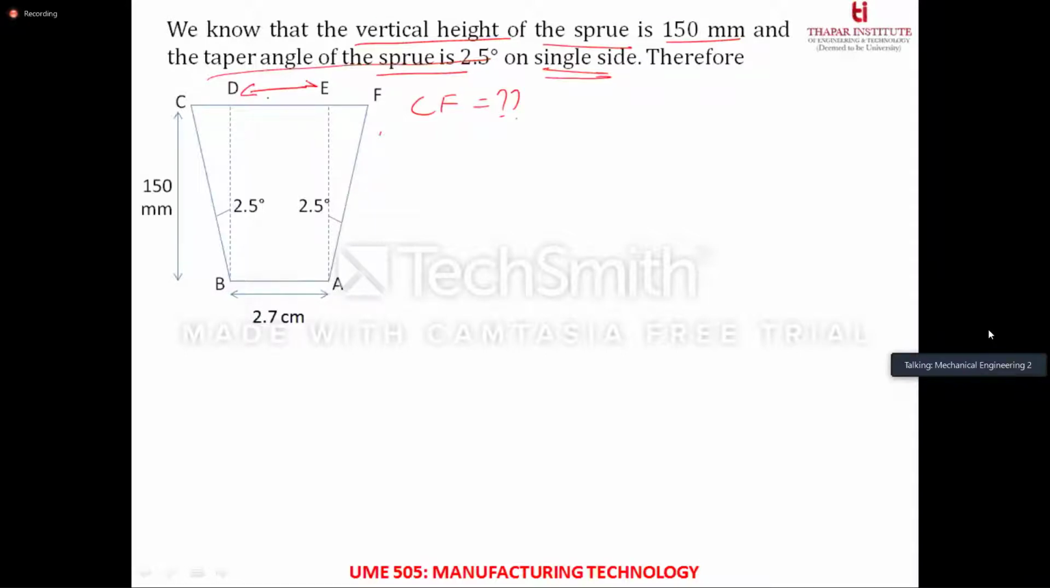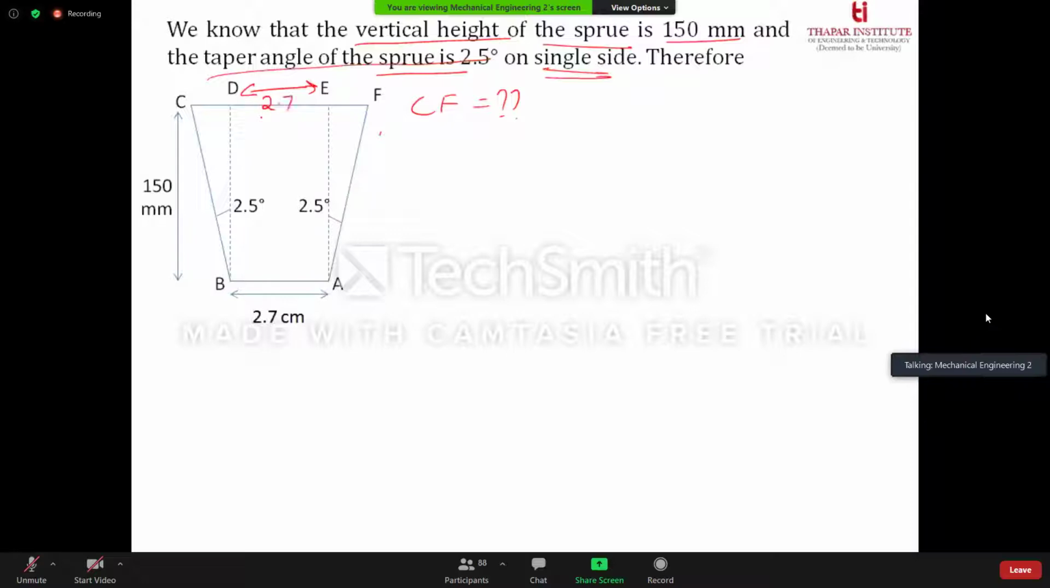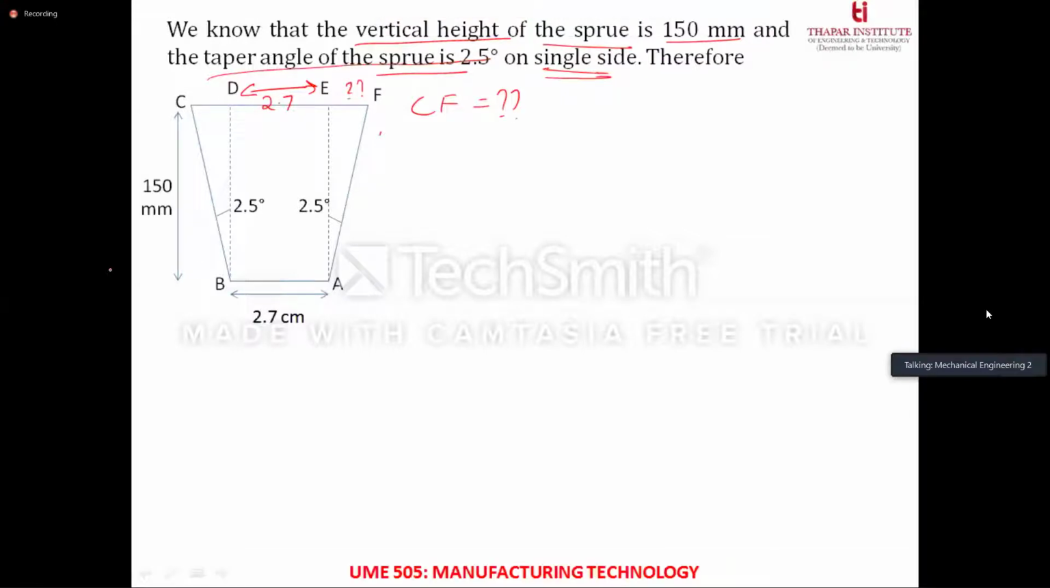D is known to us. It will be 2.7 by law of parallel. So it is 2.7. What we don't know is EF and CD. These are the two components that we will be trying to find out. So how to do that? I believe by simple trigonometry we can do that. So what happens is, in this triangle